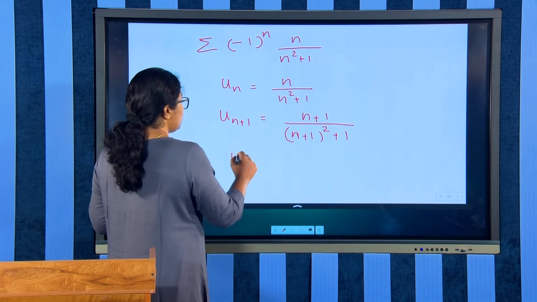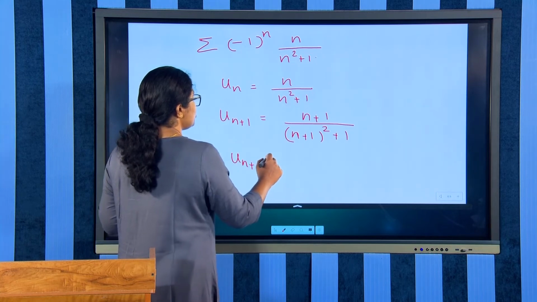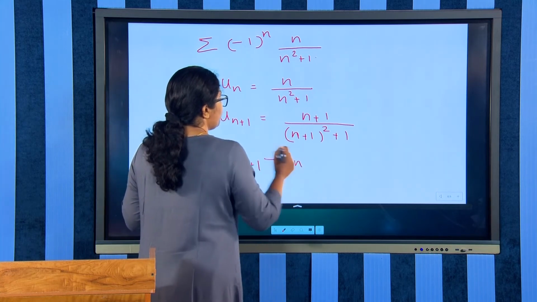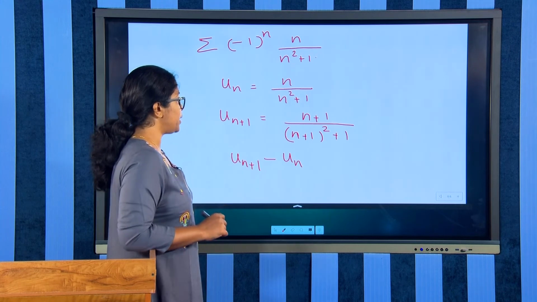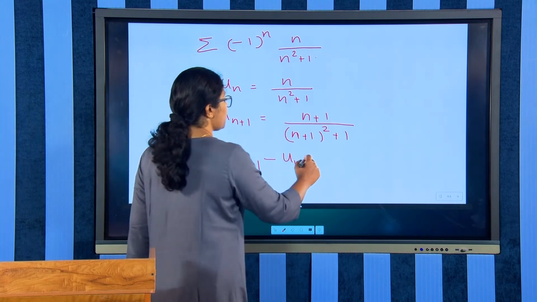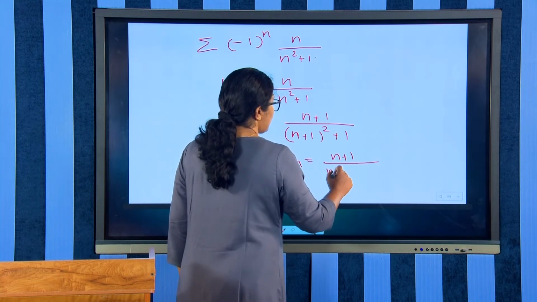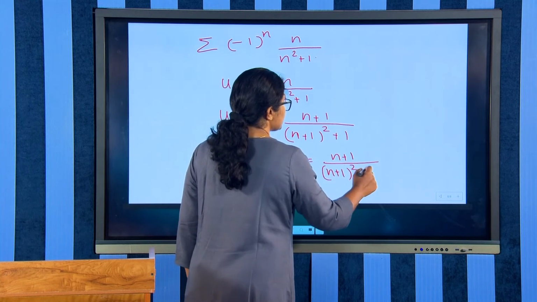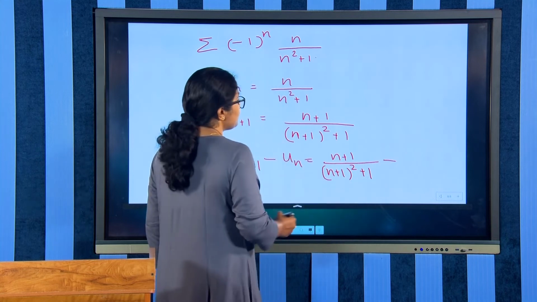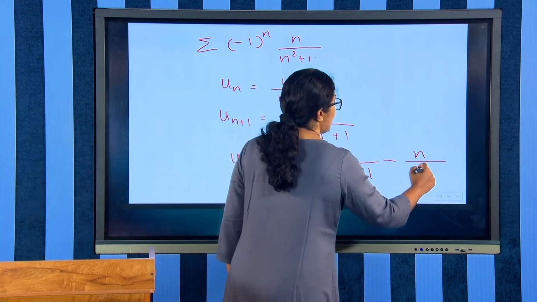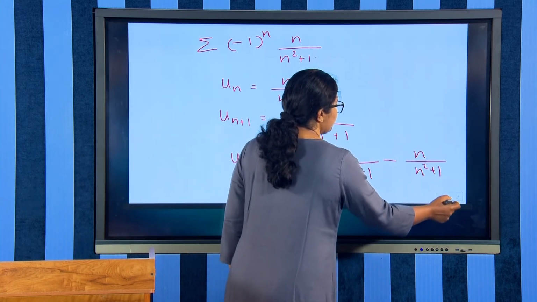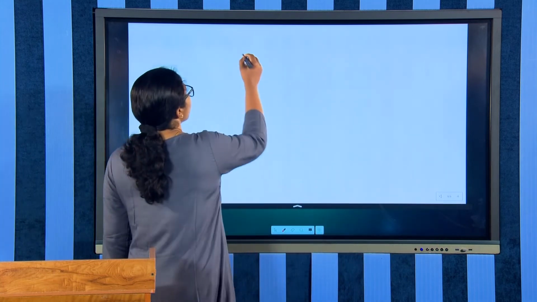You can do one thing: subtract un from un plus 1. So that is equal to n plus 1 upon n plus 1 the whole square plus 1 minus n upon n square plus 1, which gives you